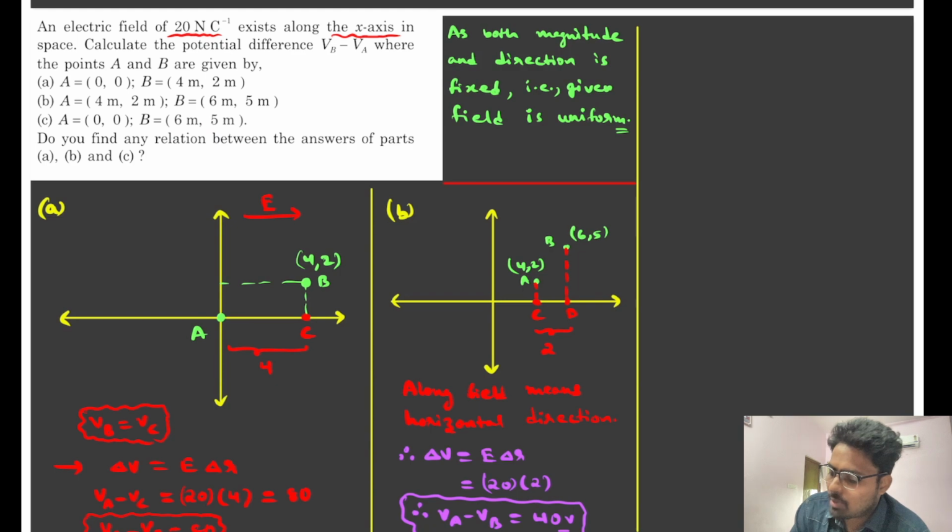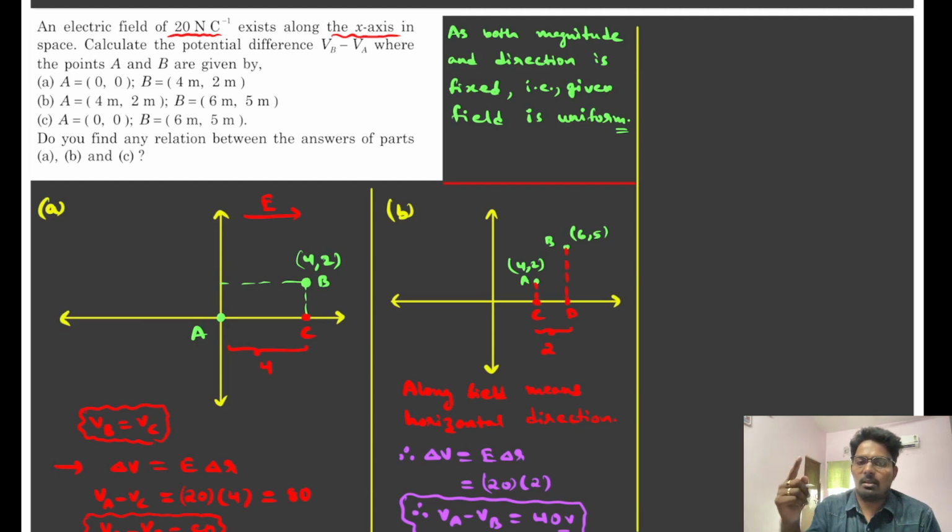So they have given first O to A, A to B, and then B to C. If you add all these, it will form a cyclic loop, that means from here to here, then here to here, and then here to here. As we know, electric field is a conservative one. Work done in any closed path would be what? 0. So if you add all the potentials in a proper cyclic manner, that means VA minus VB,